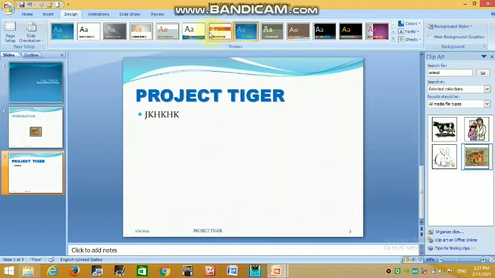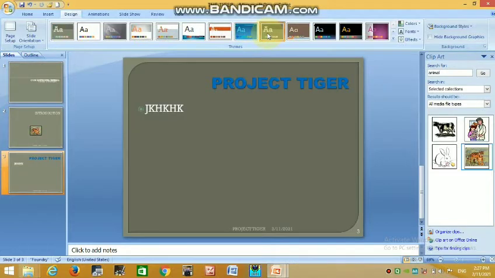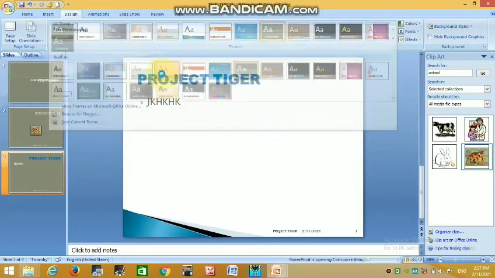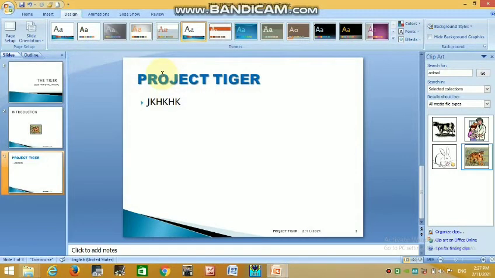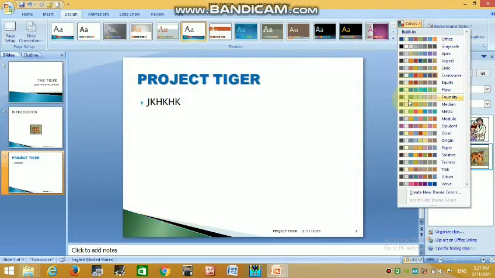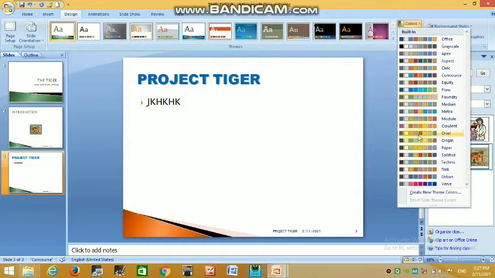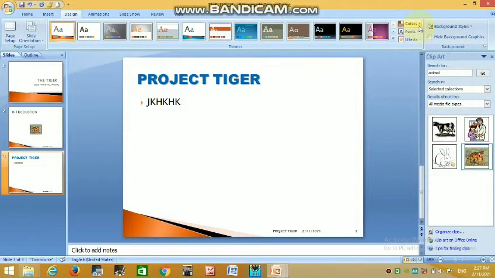If you like this theme, click on it. There are more options in your theme. You can change color also from here. You can change the color combination of a particular theme with the help of color, font, effect.